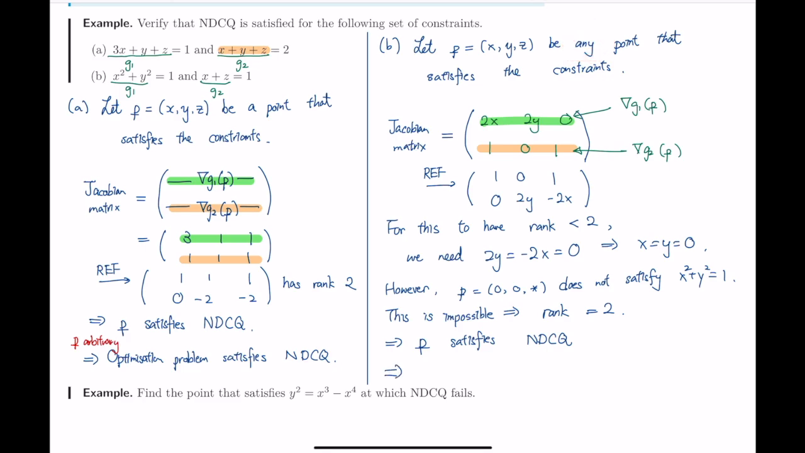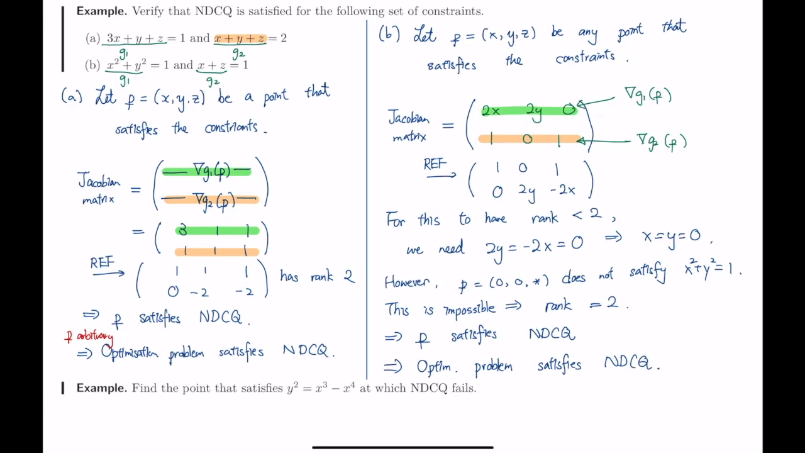set, so that means that the optimization problem also satisfies the NDCQ. So don't be too scared even if you manage to find some value of x and y such that the Jacobian matrix has rank strictly less than 2, because those points may not come from the constraint set to begin